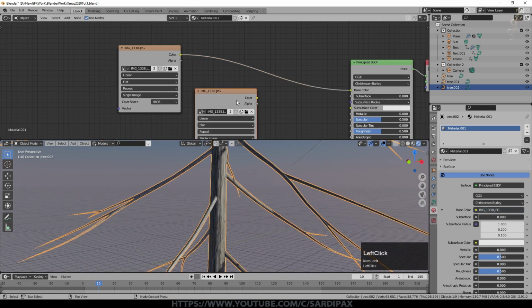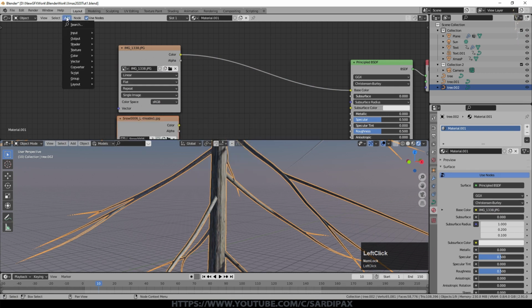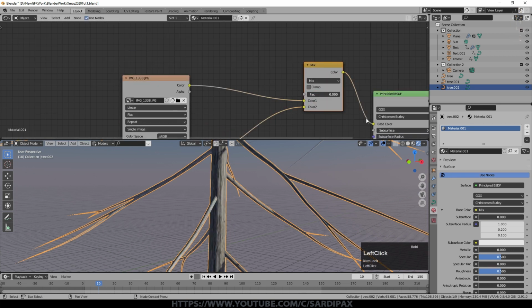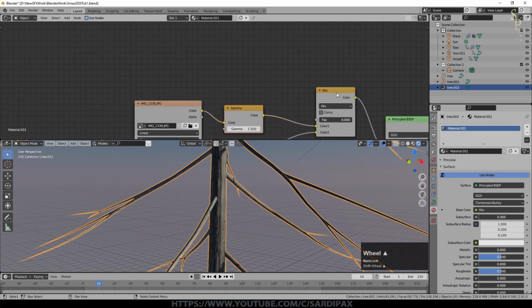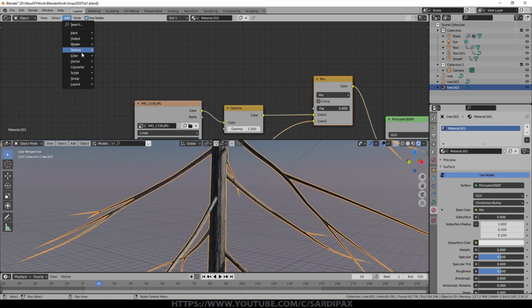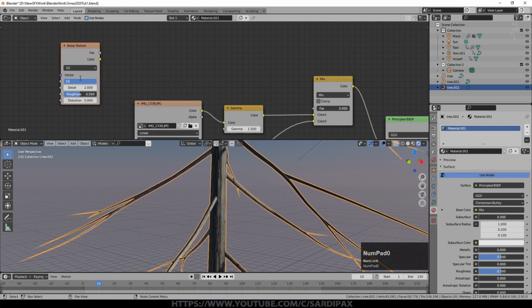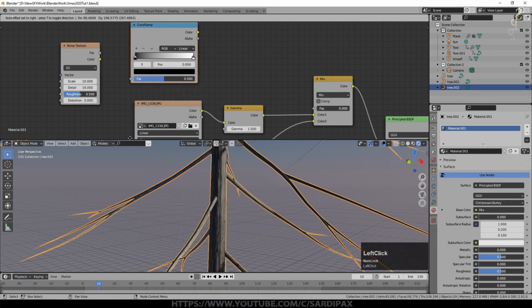We'll also add another image texture. This time we'll select our snow for the image on that one. I'll add a color mix node. And while I'm at it, I'm also going to add a gamma node for the bark just to darken the bark a little bit so it's more noticeable. And I'm going to add the usual, most commonly used node of all the texture nodes, I would say, the noise texture. I set it to about a scale of 10, but we may need to play with that. I put the detail up, and of course the next most commonly used node, the color ramp, if not more common.